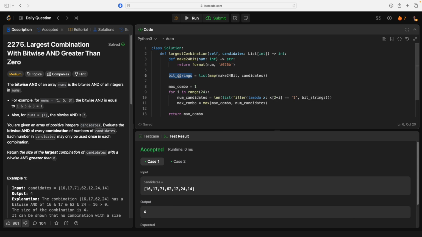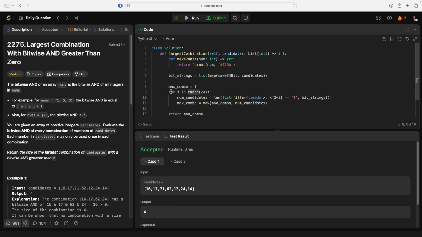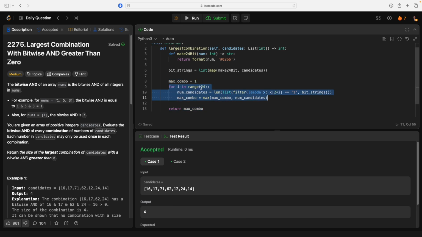Then I'm saying, okay, go through all of those bits. There's 24 bits, so go through all of them, and then count, for all of the candidates in bit strings, how many of them have 1 at that position. So we use filter to take the bit strings and filter them down to just the candidates that have 1 at that index. We then take the list so we can run the length function on it, because filter doesn't allow the length function. And then we just set the max, which the max combo is initially set to 1,